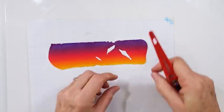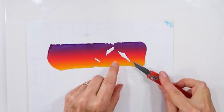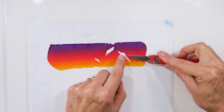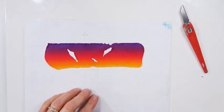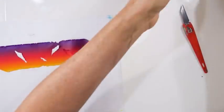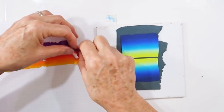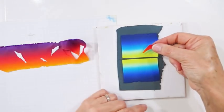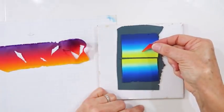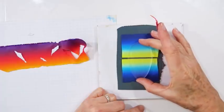So having got our first shape cut out, we can remove the paper, and as I say, do not worry about getting your knife gouged in or anything else. I'm then very gently going to run the blade under that piece so I can release those shapes. And the first one I will do, I'm looking at it straight on, and place it, put that back down to give me a rough